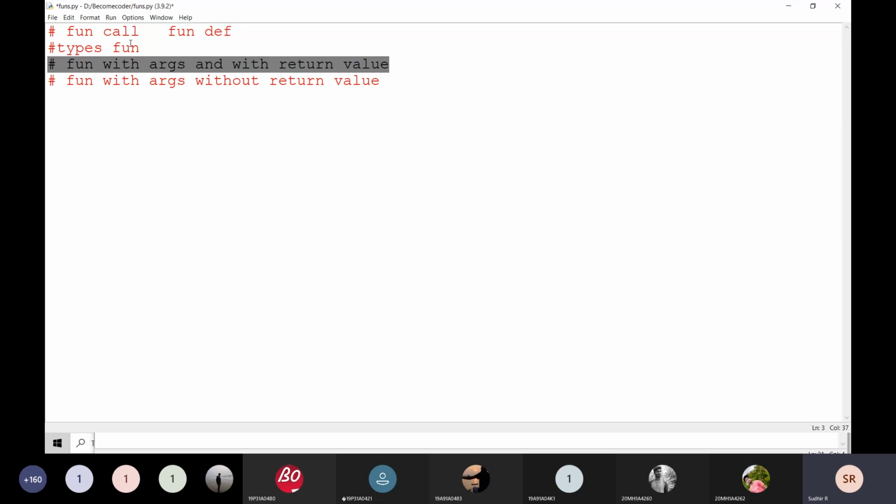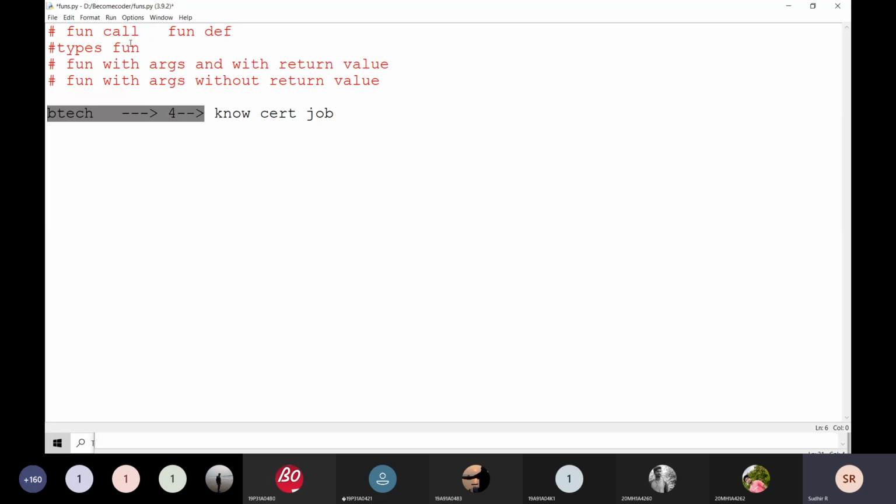Function with arguments, that means I am going to pass some arguments and I am going to get some value from the function. For example, you are studying BTech, that is going to be one function, and after the final year you get knowledge as a return type, a certificate as a return type, and a job as a return type. You are getting three values.